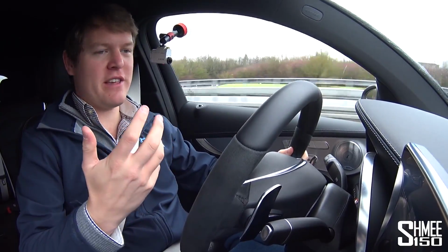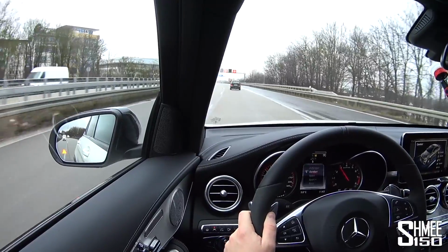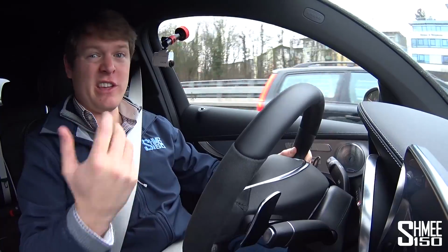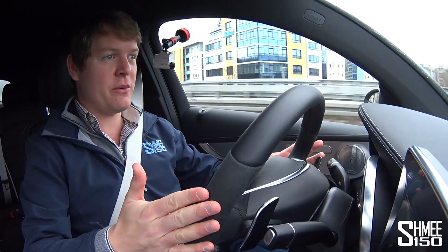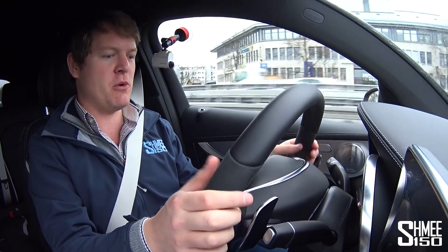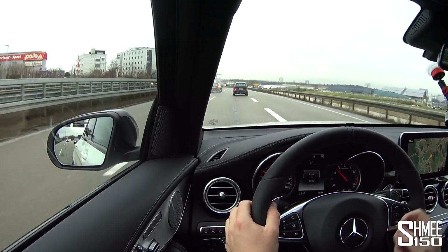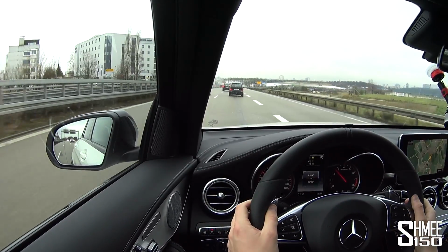It's time to experience the car in the dual carriageway motorway type environment, so I'm going to pop it back into comfort mode, which is naturally where you'd want it, and talk a bit more about what it's like. So seats are very comfortable, they always are. The steering wheel has the Dynamica microfiber, so it's great grip, it feels very sporty, quite a small chunky wheel, but with all of the convenience and functionality features and buttons that you expect to have on a Mercedes or